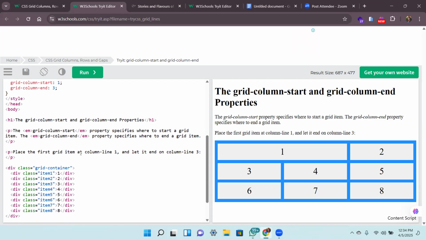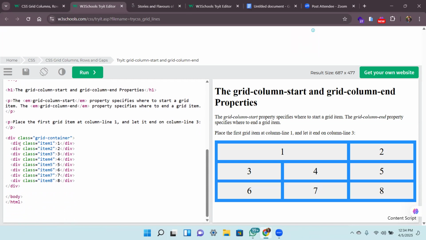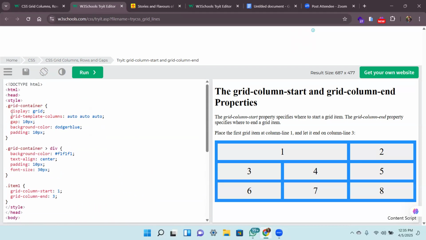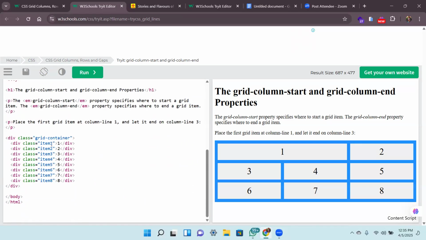So this is the first grid item at column 1, and let it end on column 2. So this is a div containing several things we want in it. Now they gave it a class grid. Are you with me? Grid content, and name these other ones with different classes. Now in the styling, I start by giving it a display grid. So item 1, which is this,